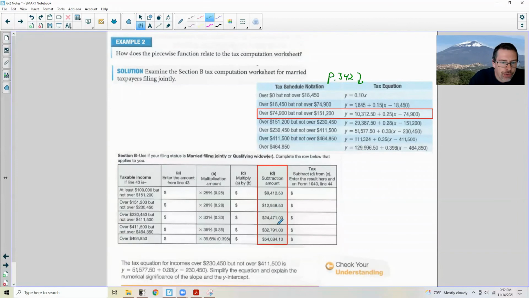And where do these values come from? Well, they come from this equation right here. So if we're going to calculate at least 100,000, but that should actually be 74,900, I believe. How did they get this value here? Well, if we look up to here, and over 74, but not over 151, where did this dollar amount come from? So if I look at this Y equals, I'm going to write it over here. If I write Y equals